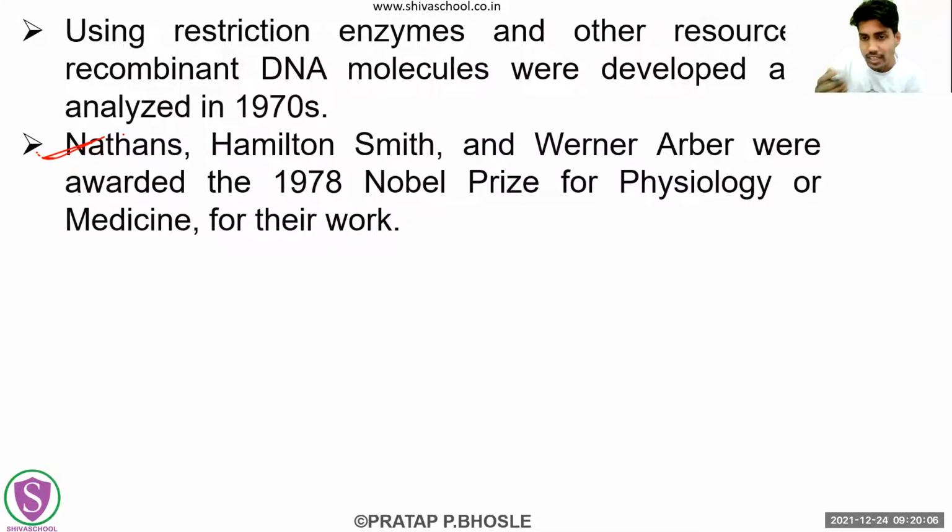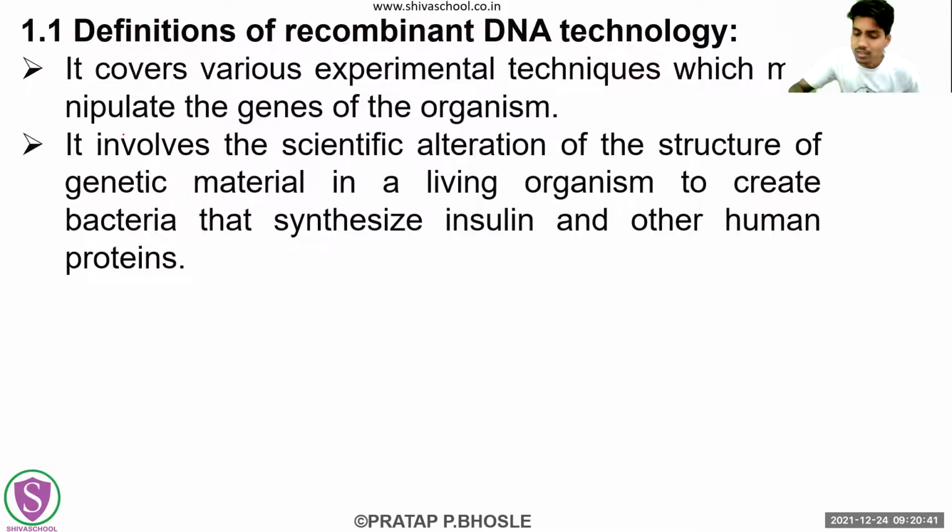Now the scientific community has a fixed SOP, or standard procedure, even if they want to modify the DNA of any organism. Why do we want to modify the DNA? Because ultimately DNA determines the biomolecules or proteins which are going to be synthesized from it. So we can modify it and have the expected products from that DNA. If we want to synthesize a particular biomolecule, we can do it with the help of recombinant DNA technology. Before going into more details, let's see some definitions of recombinant DNA technology.